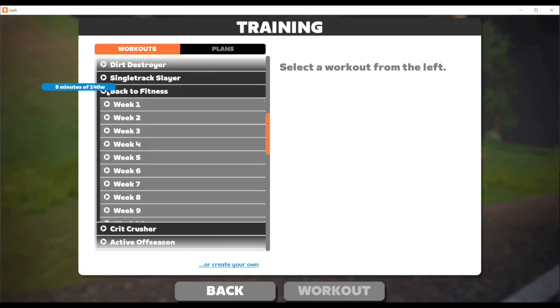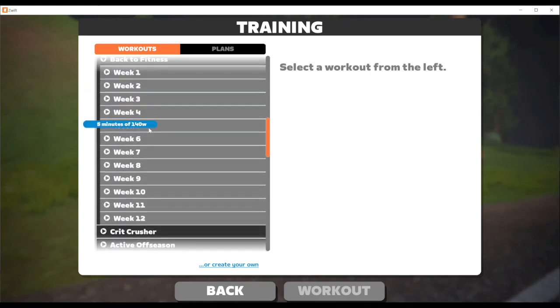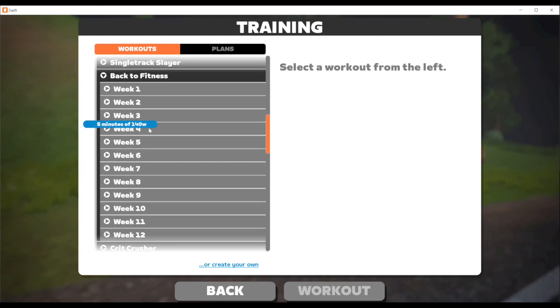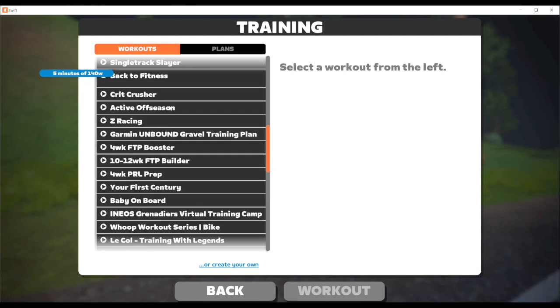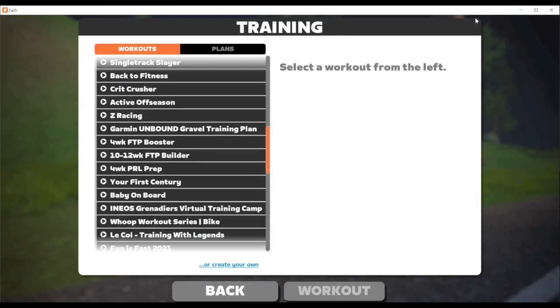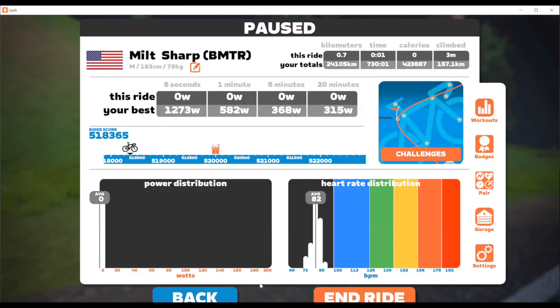The other would be Back to Fitness. Back to Fitness is a 12-week long program. It's a great winter program. I like to tell folks, particularly, it takes about 3 cycles, 3 to 4-week cycles, to get yourself into really good shape and to make the physical adaptations in your body that you need in order to be effective in cycling. The Back to Fitness workout is a great one for you to take advantage of.